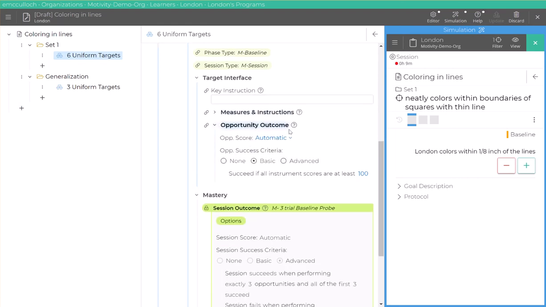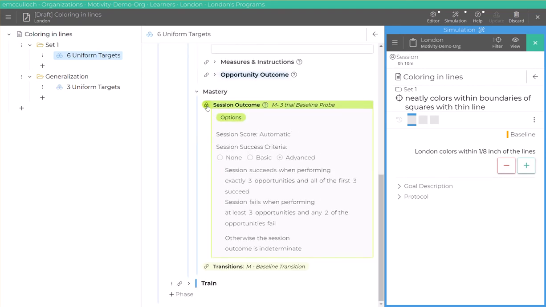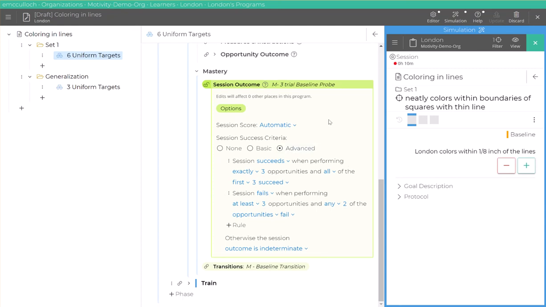So opportunity outcome is the same, because this square here, opportunity, is still plus or minus. But now the session outcome is going to look pretty different. And as you can see, the basic mode for session success criteria doesn't really work for what we want to do. We want to determine if the learner can neatly color within the boundaries, and it looks like that we want the session will